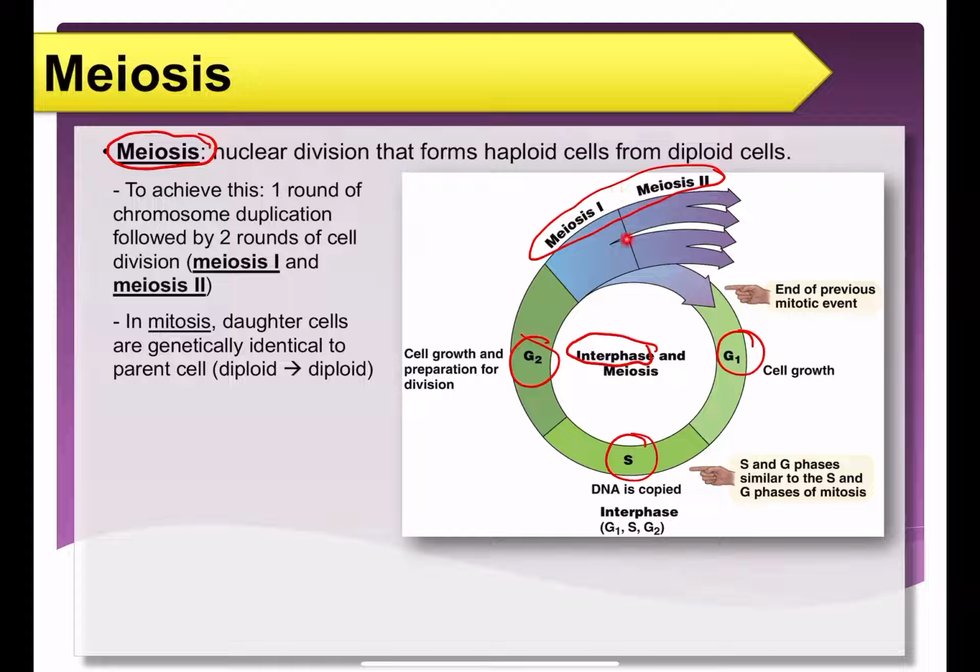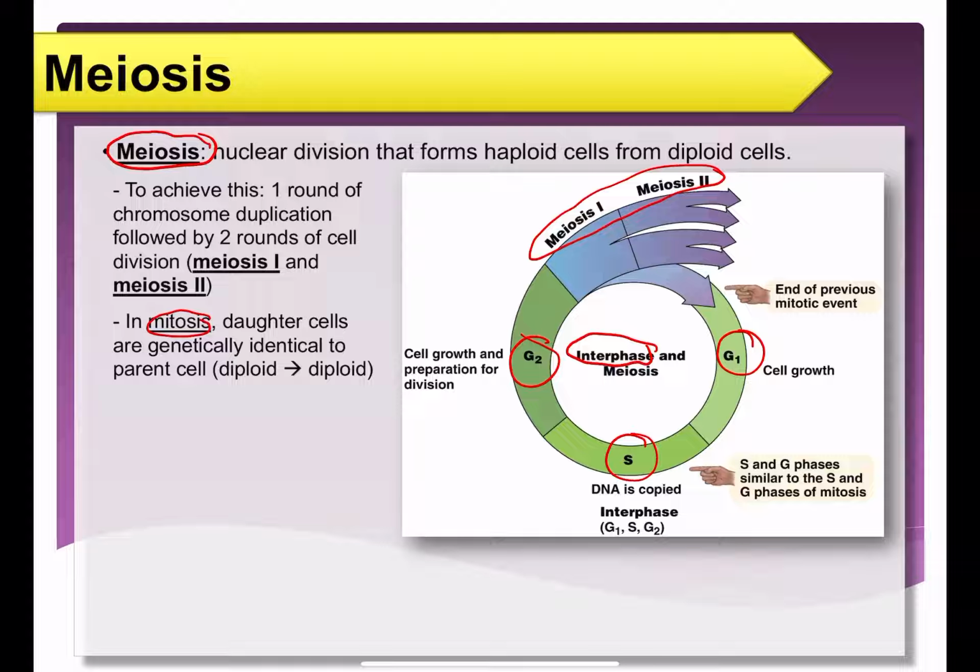Notice that there is no other round of S phase for DNA duplication again. This is why we are able to reduce the amount of chromosomes in the second phase of meiosis. So from a diploid cell, you will end up with 4 haploid cells by the end of meiosis 2. For mitosis, however, remember that you start with 1 diploid cell and you end with 2 diploid cells that are